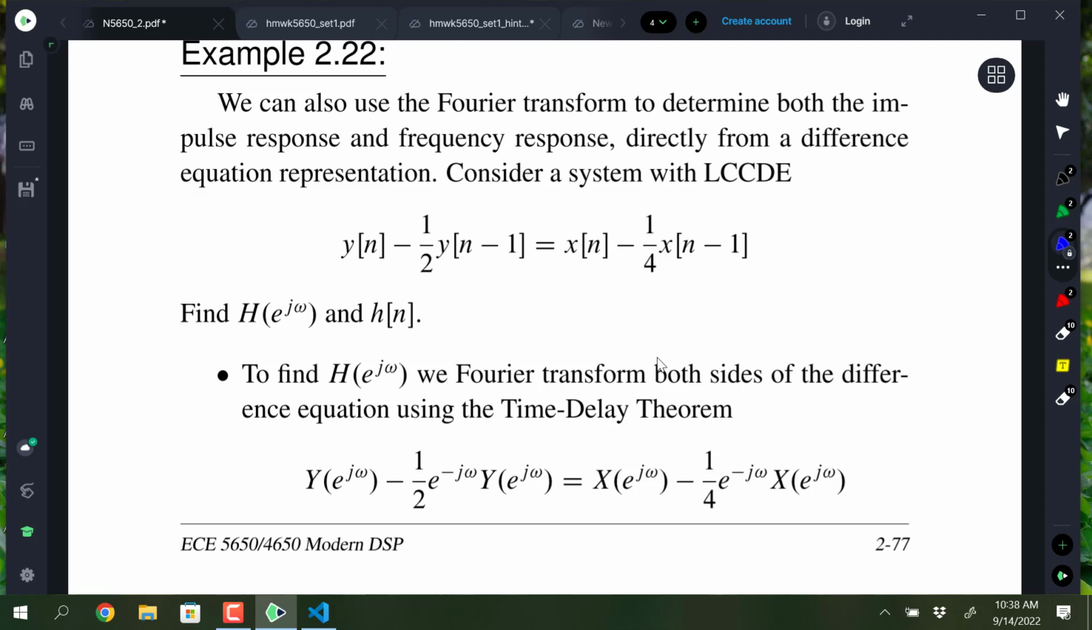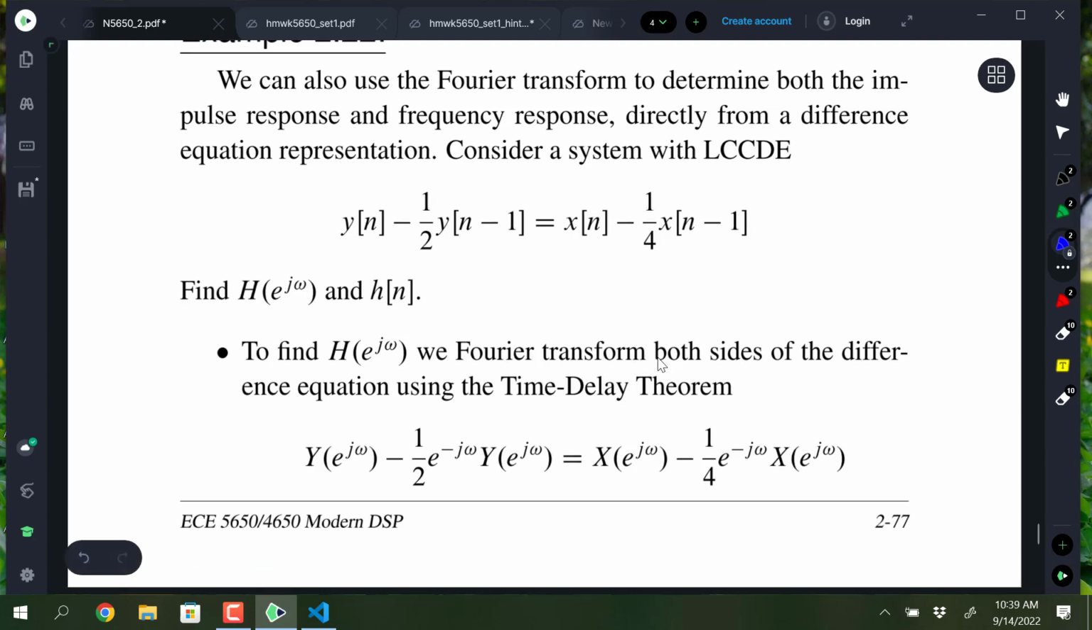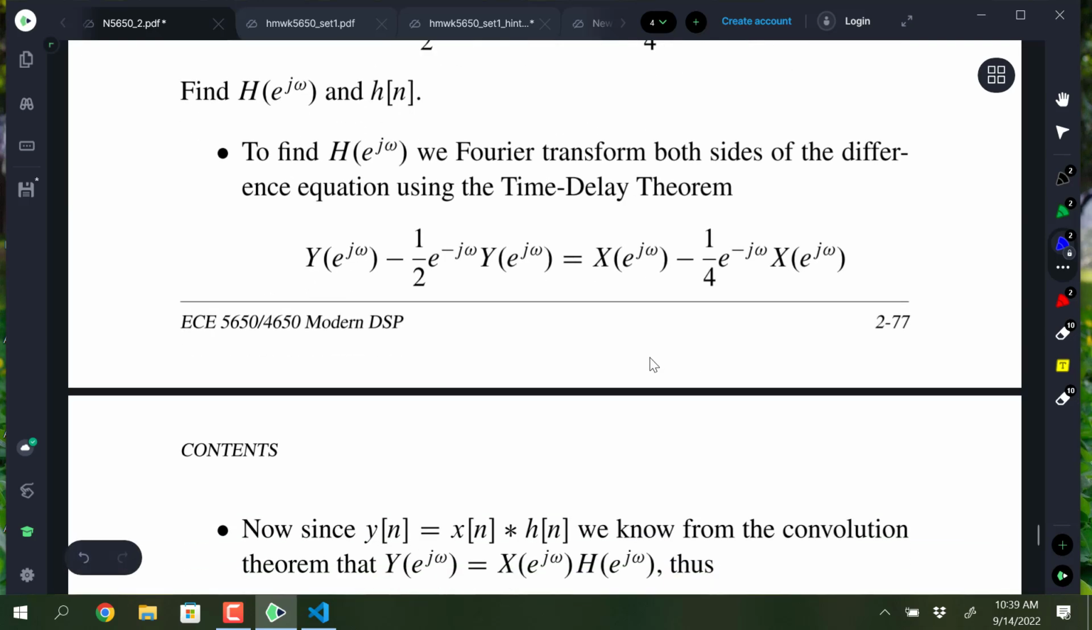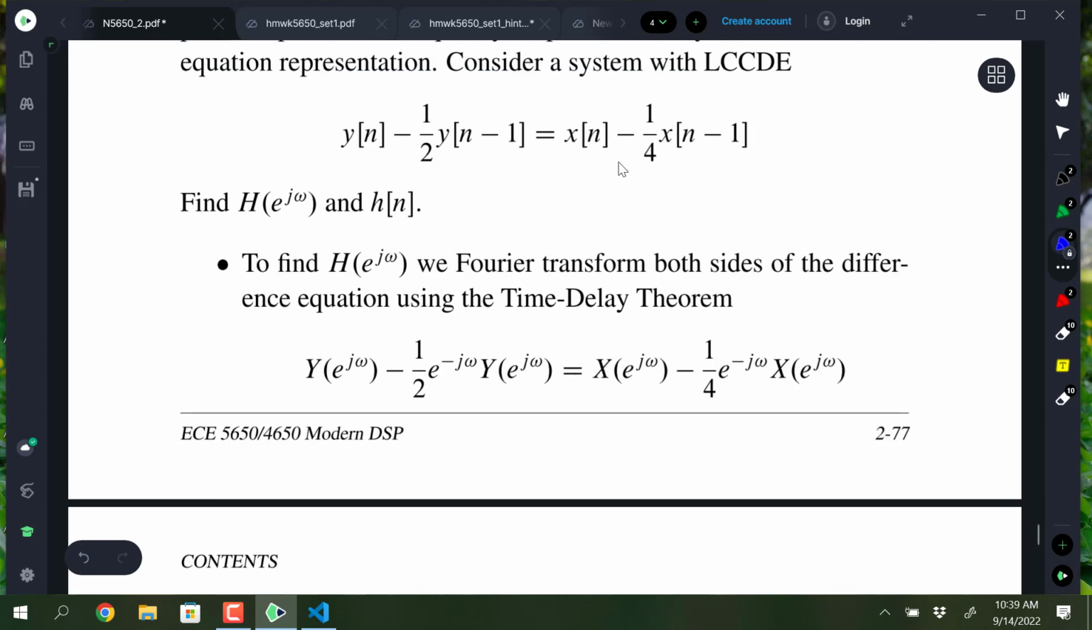If we have just the difference equation and we want to get the impulse response, we can take a roundabout way to get there. We can first go to the frequency domain and then inverse Fourier transform and eventually use the Z transform to get back to the impulse response. So how do we get the frequency response? We just take the difference equation and we have something called the delay theorem, which I didn't stop there, but if you take the Fourier transform of a sequence that's been delayed by one sample,